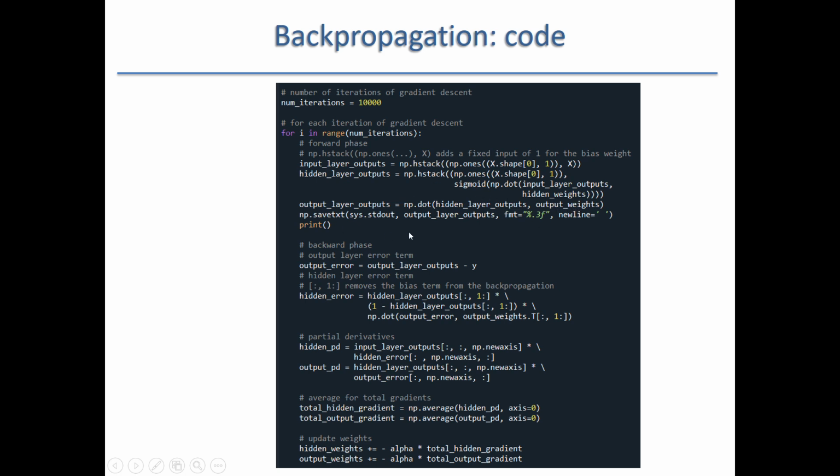Then we are just printing. And then we have to backpropagate. In the backpropagation, we have an error at the end, so this is delta, and then we have to compute what is delta in the previous layer, and here it is the derivative that we had. So this derivative, if you look at the